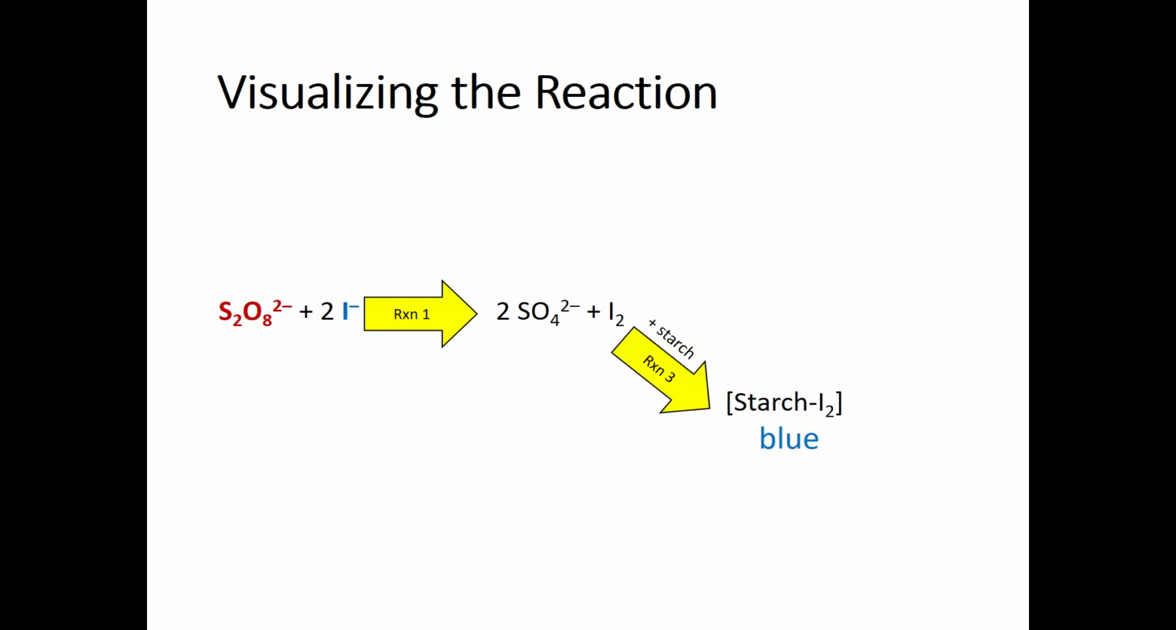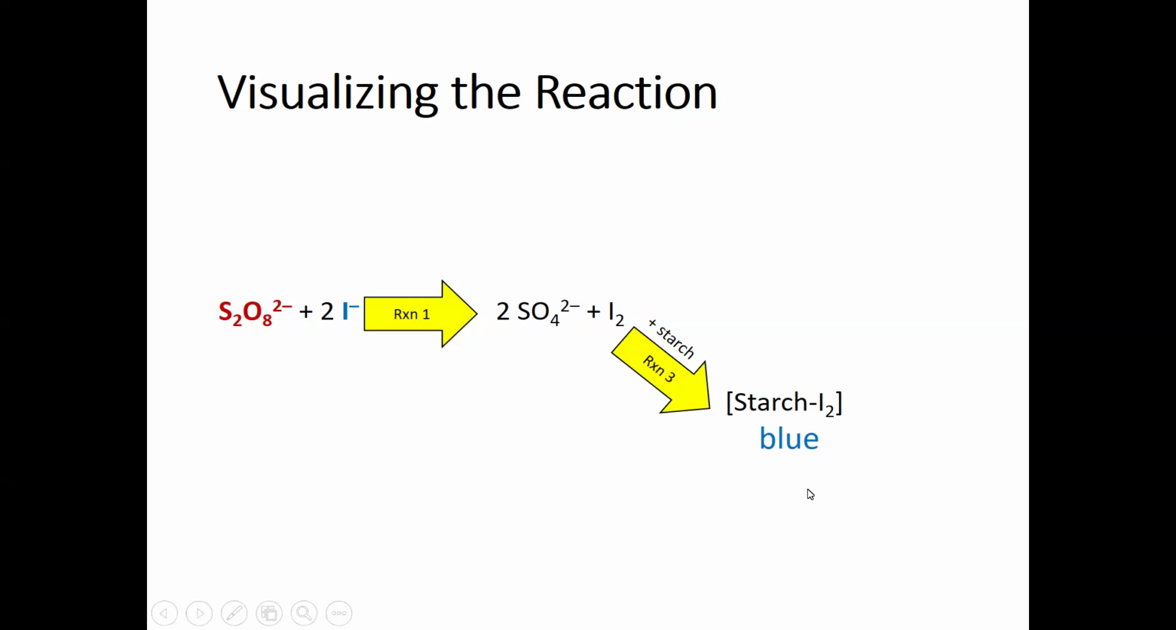It's the same household starch you can buy at the market, but when starch and iodine, I2, combine together, they form a complex, an association that is actually a very vivid blue color. So if we put starch in with the reactants in, say, a beaker or a flask, then we can see that product is being made because as you're building up iodine, it will stick to starch molecules